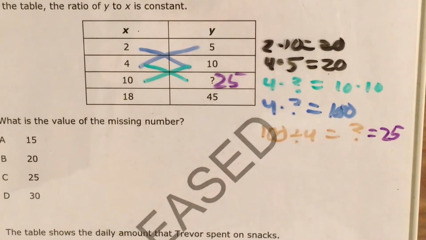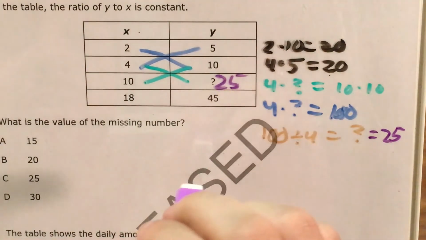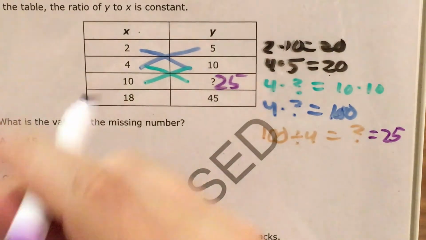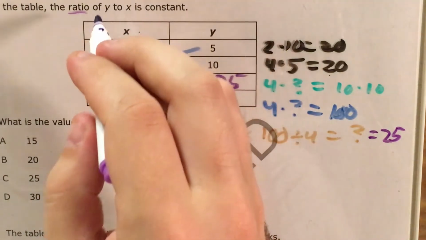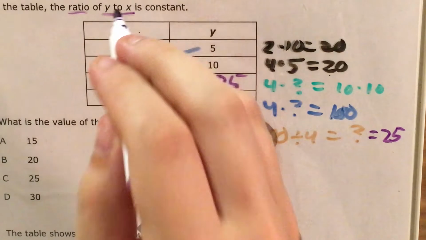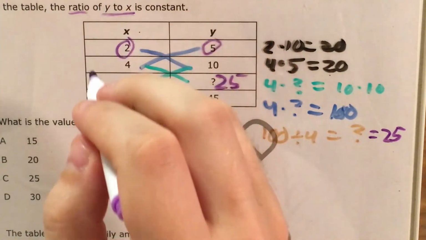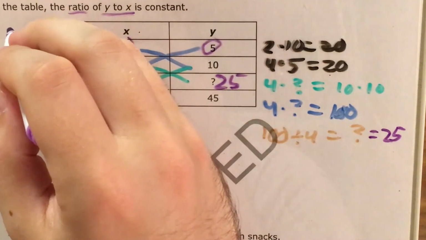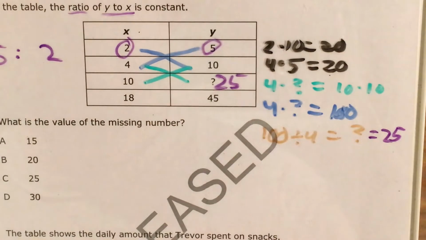And I just realized you couldn't see some of the work I did, but I think you were able to keep track based on what else you could see. All right. Now that's the first way. The other way is that I actually go ahead and find this ratio and set up another number table and use a very similar process. Now if I see that it's the ratio of y to x, I can just start with my smallest numbers and say that this is a ratio of 5 to 2. I'll set up a number table,